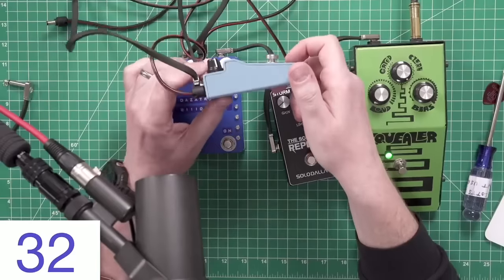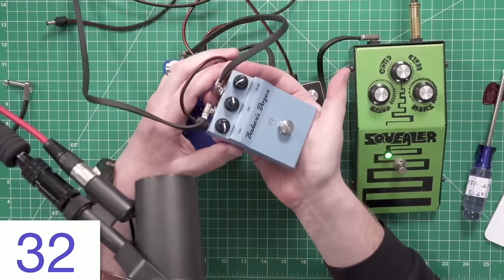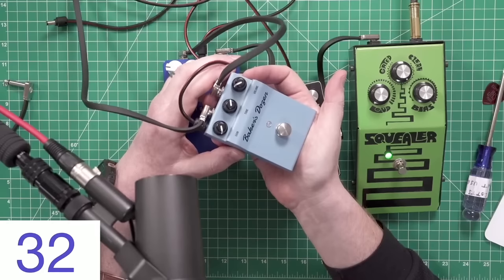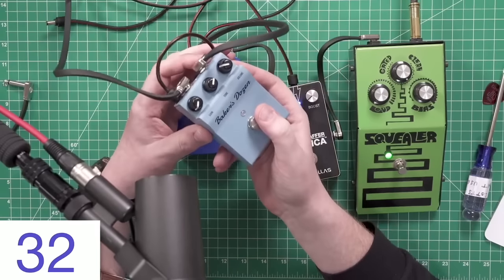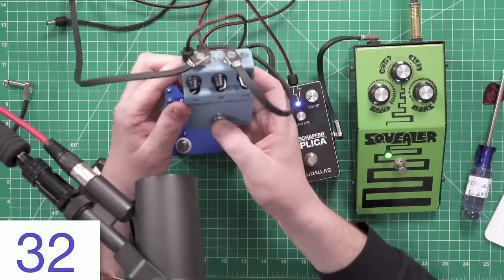The Baker's Dozen, we need to talk about before you play it. Look at it. It's a low gain overdrive. It's probably one of the most beautiful, coolest-looking pedals that's come through. Look at how tiny. Just a little baby. It's like a little low gain overdrive, and it is not meant